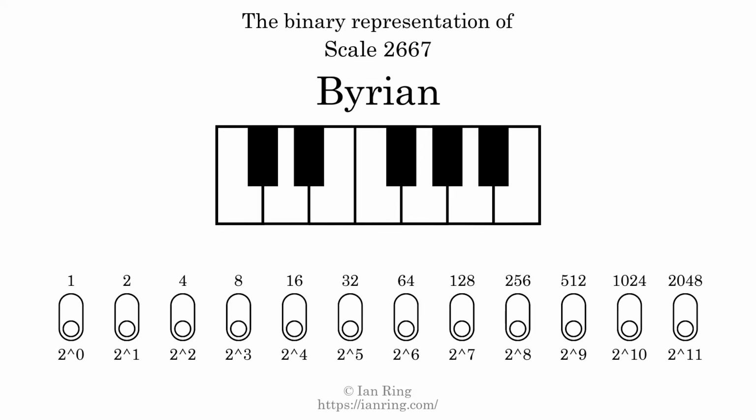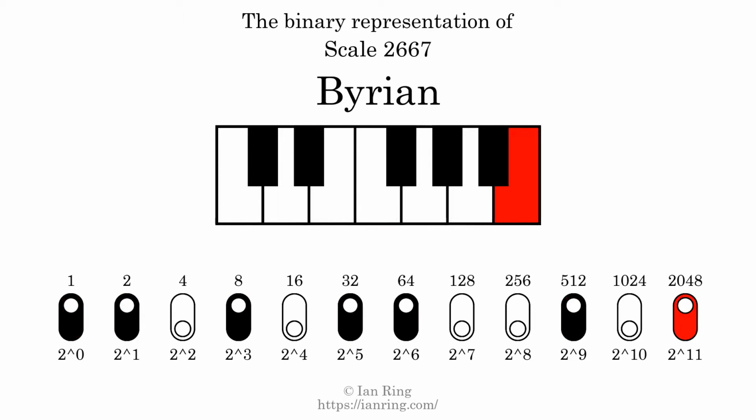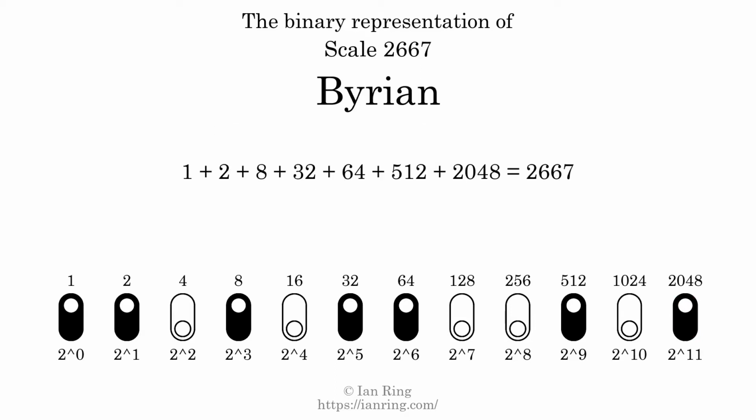The binary representation of this scale is determined by mapping tones of the scale to binary digits. Each binary digit represents a power of 2. To get the scale number, we add the powers of 2 together. The powers of 2 that are present in the scale, all added together, equals 2667. That is why the scale number, in decimal, is